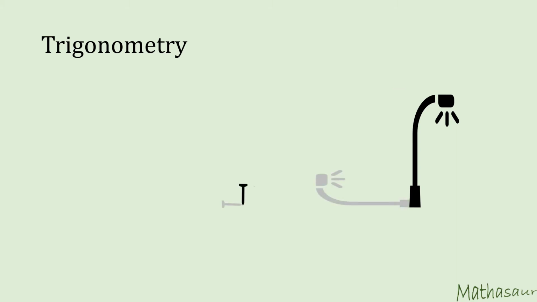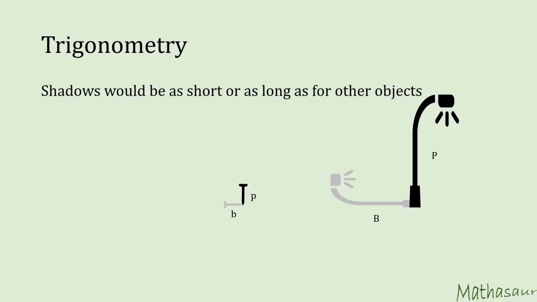You could take another object such as an iron nail and look at the shadow of this iron nail. So when the shadow of the iron nail is equal to the height of the iron nail, you can measure the length of the shadow of this lighting pole and you would know the height of the lighting pole. But for that, you would have to wait for that exact time when the shadow equals the height of an object.